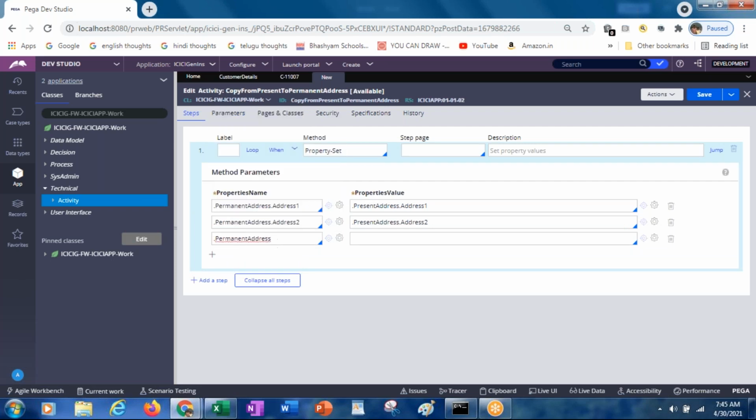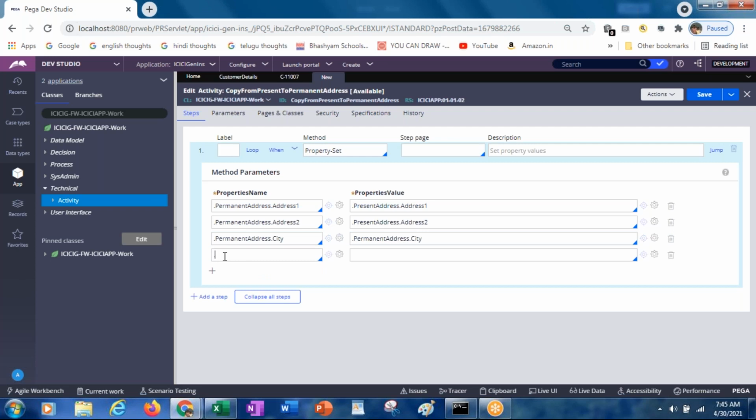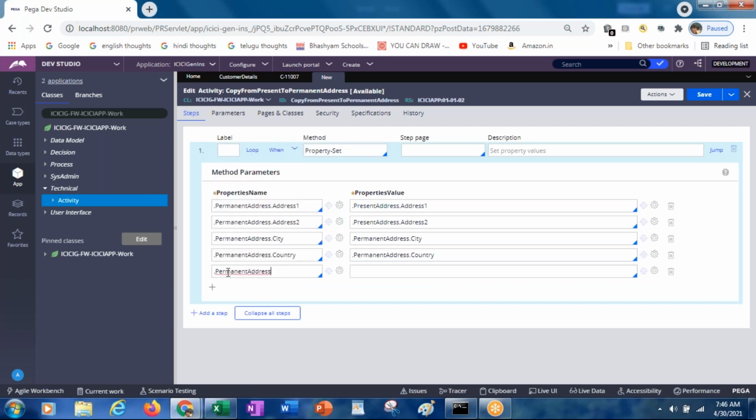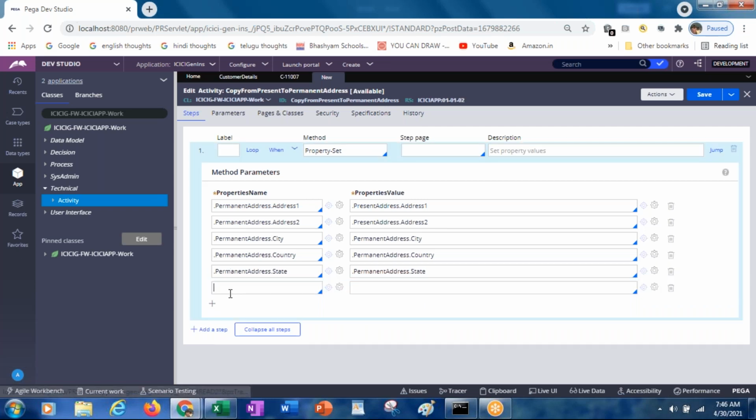We are going to assign the values. Like that we are going to set the values.